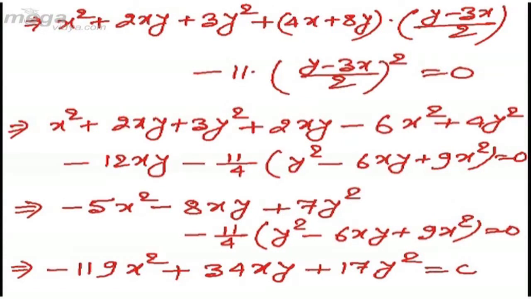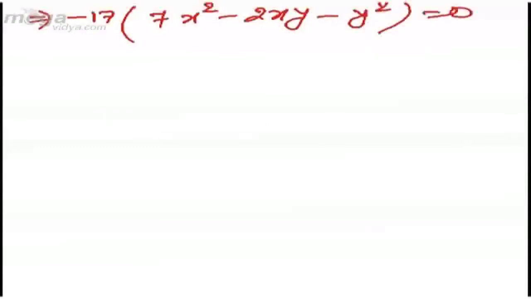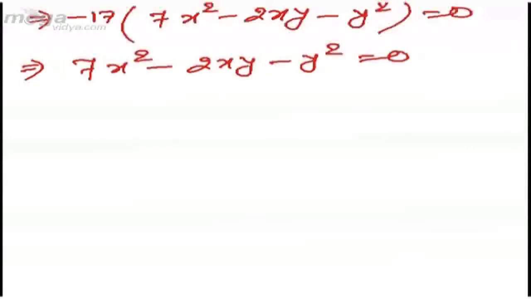Now here we can take minus 17 common. After taking minus 17 common, we'll get plus 7x square minus 2xy minus y square is equal to 0. So finally you will get 7x square minus 2xy minus y square is equal to 0 as the equation of